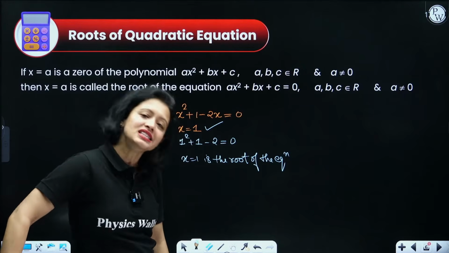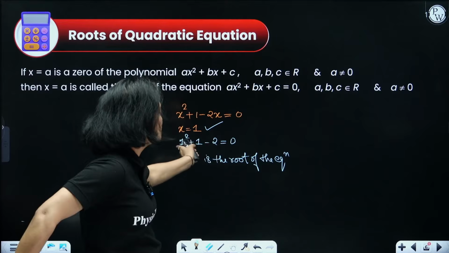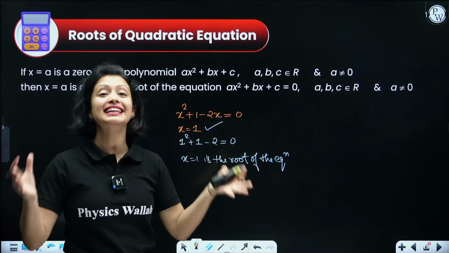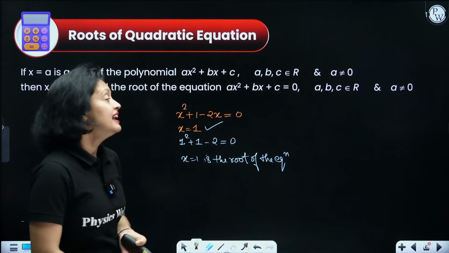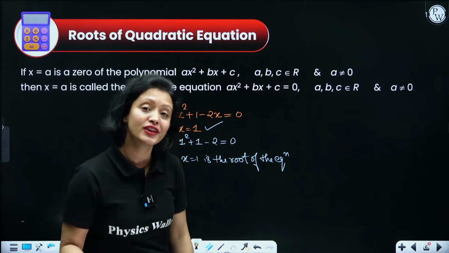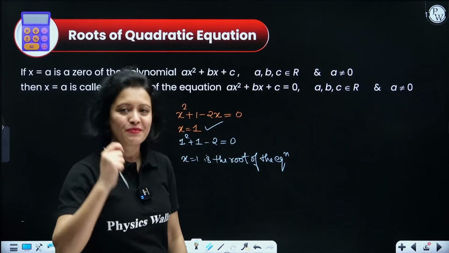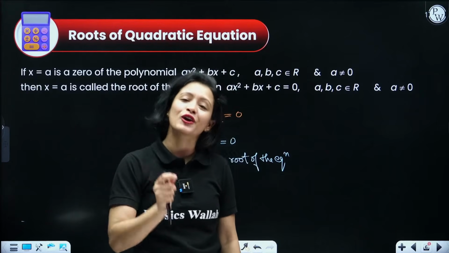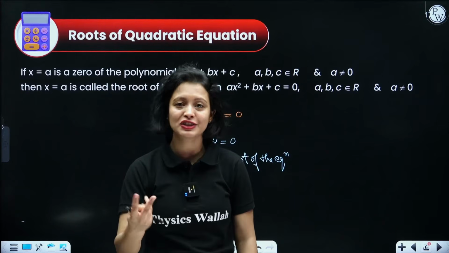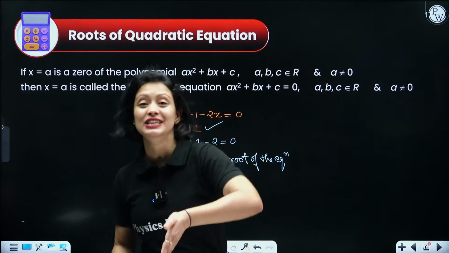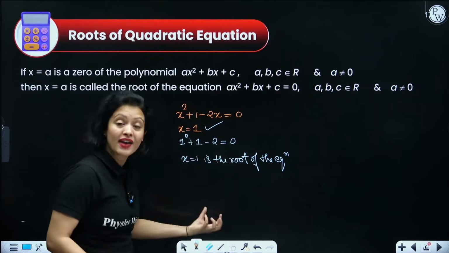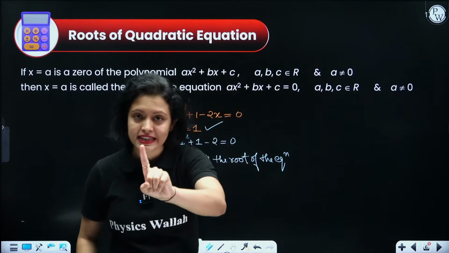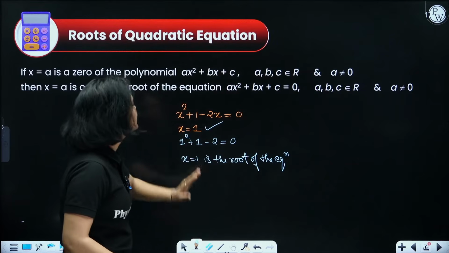Now, can any value of x be plugged here and you will get 0? No, right? Only certain values of x will basically satisfy the equation, right? Now, how many such values can you find for a quadratic equation? Only 2 values. So remember, since the degree is 2, we learned it in polynomials also. For a quadratic polynomial, the degree is 2, so that means it would have at most 2 zeros, right? Now similarly, for a quadratic equation, you will have at most 2 real roots. We'll be discussing it later also. Okay? So don't worry.